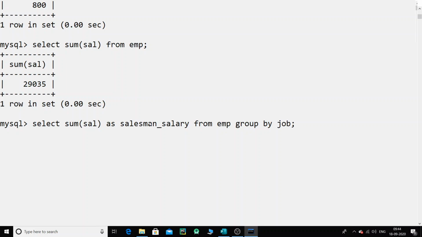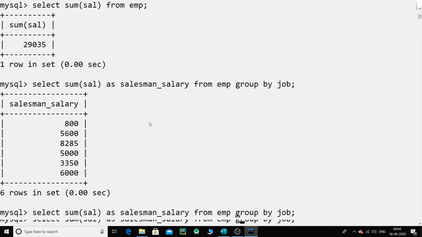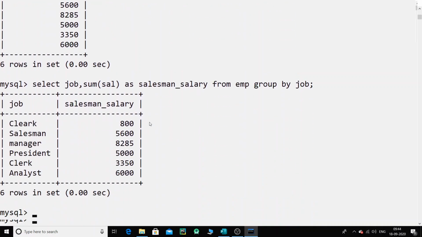First let us just have group by on job, and let us see what exactly is the output of this. So once I enter, this is the group by now. What I will do is also add the column job, and now let me enter. So this is showing me that, since there was a spelling mistake, it has taken a separate group, that is only one record, clerk, that is 800.